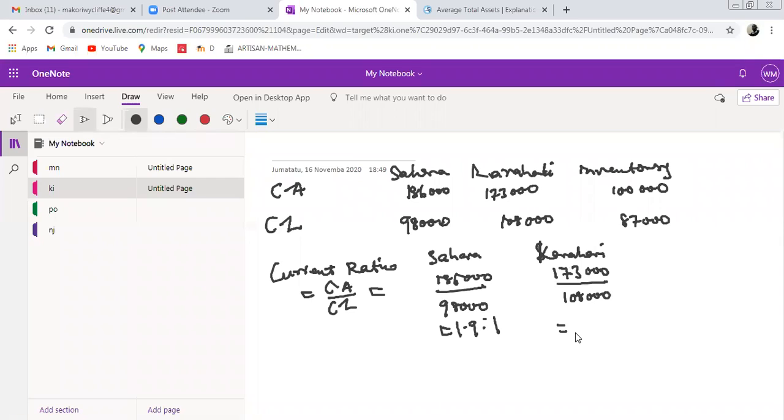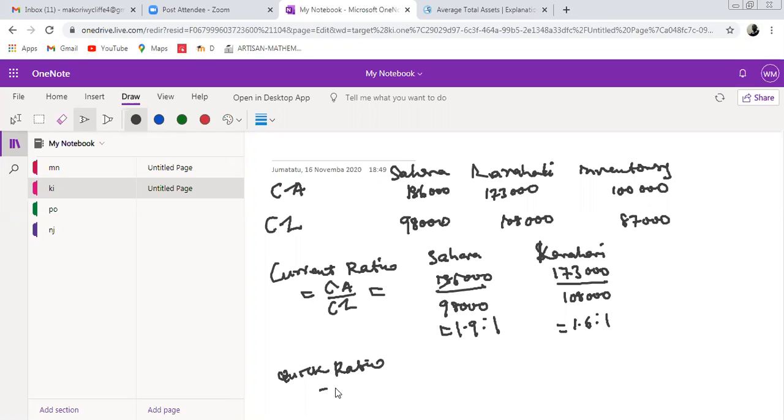What do you get? 1.6. 1.6 is to 1. Then if we are supposed to calculate the quick ratio,